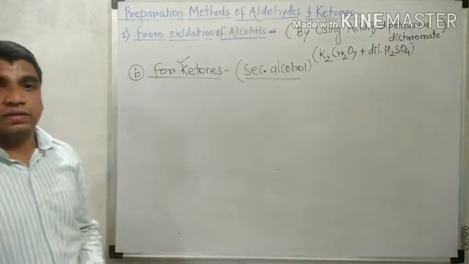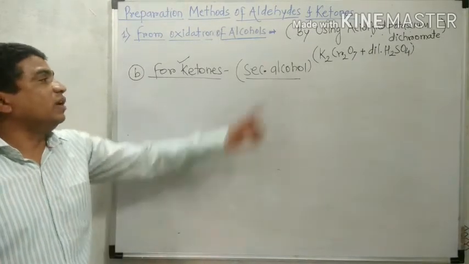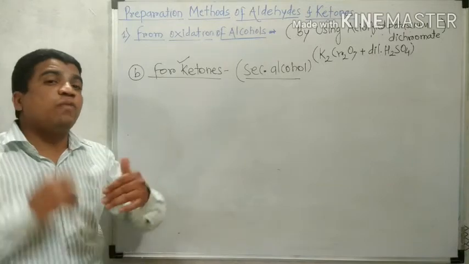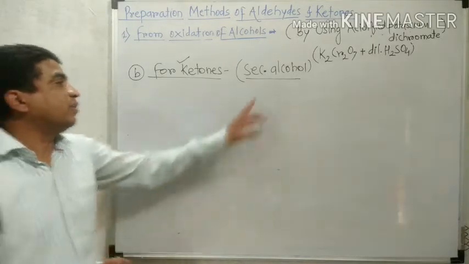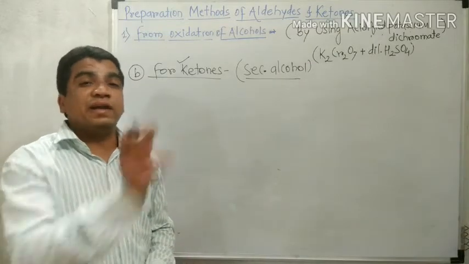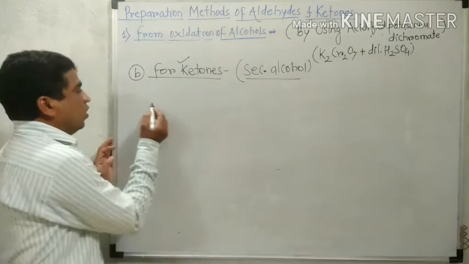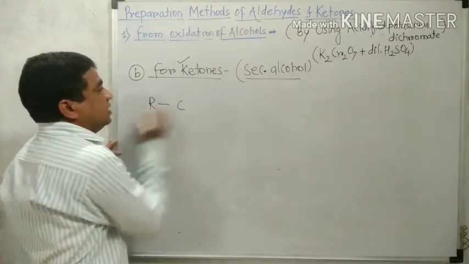For aldehyde, we take the primary alcohol, and for ketone, the oxidation of secondary alcohol takes place, and secondary alcohol is converted to the respective ketones. For example, the general reaction is